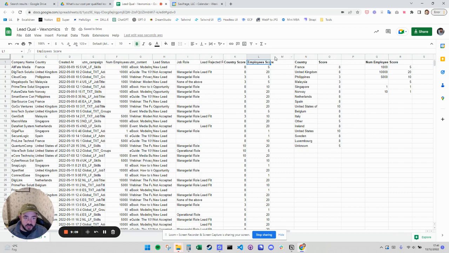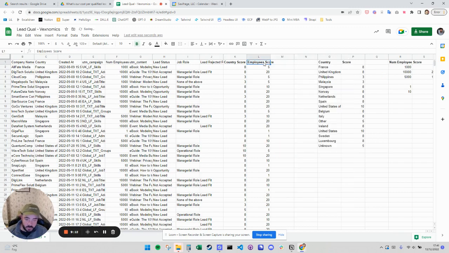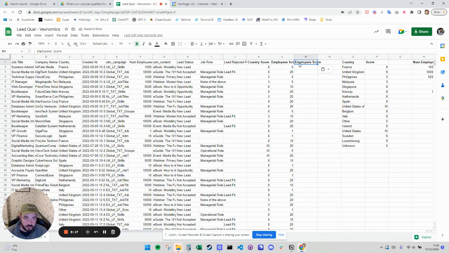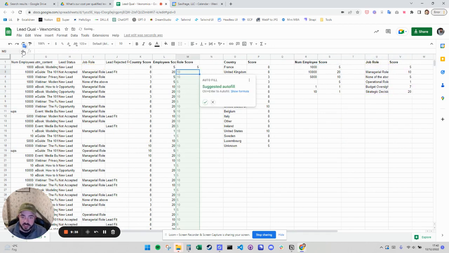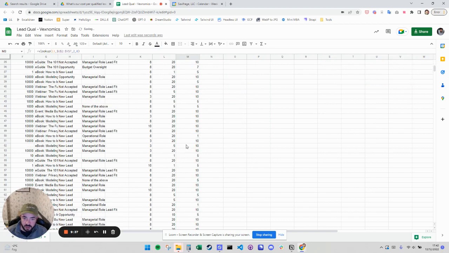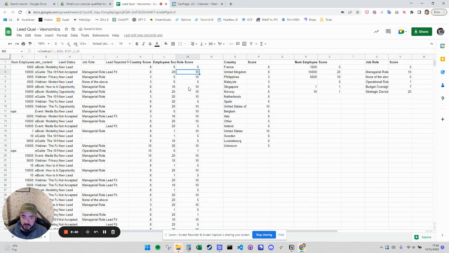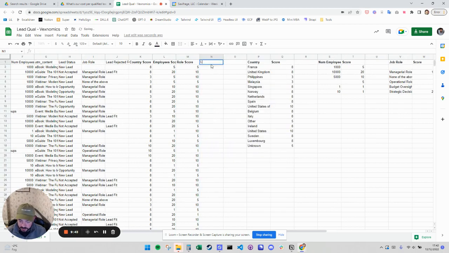There we go. All right, employee score, and then one more, which is the job role score. Cool. So if you look up again, and then the job role, I'll look it up over here. F4. It's the second column we want, and we don't want a fuzzy match. Okay, here we go. So that looks like it's good. All right, cool. So now we can do the total lead score. Right, and that is